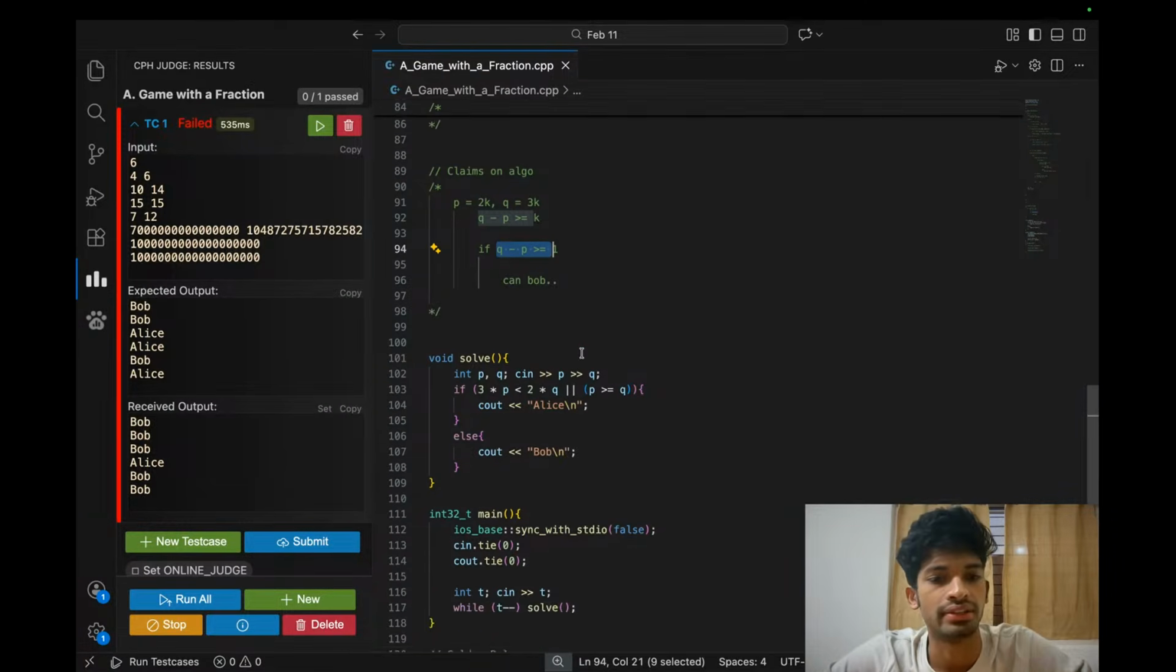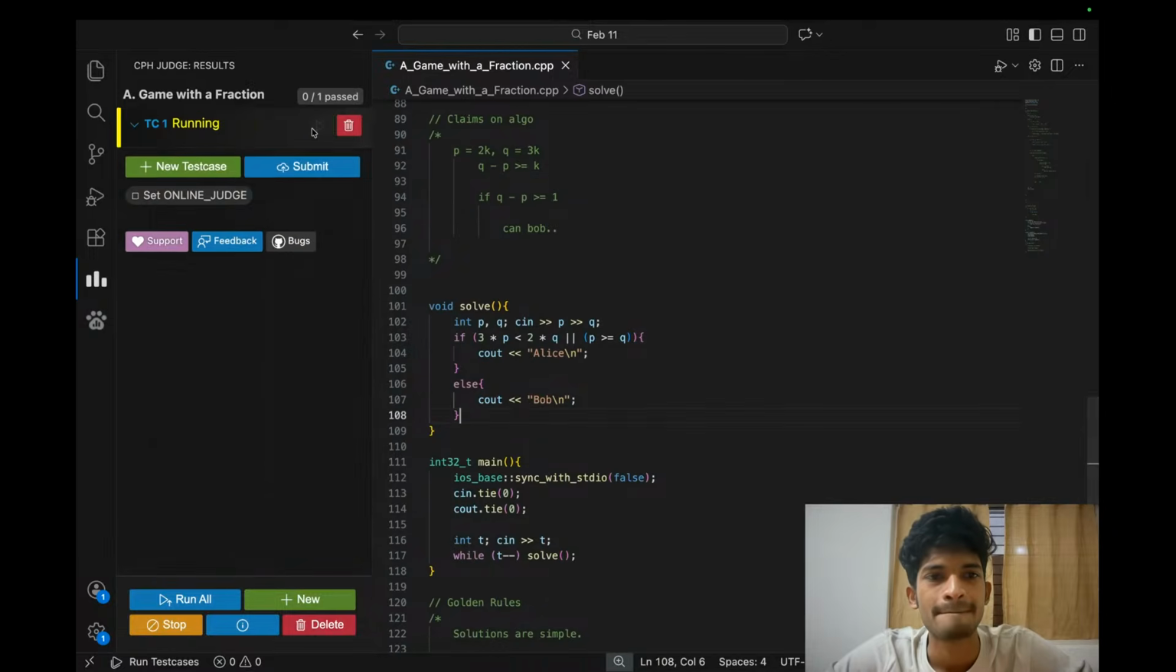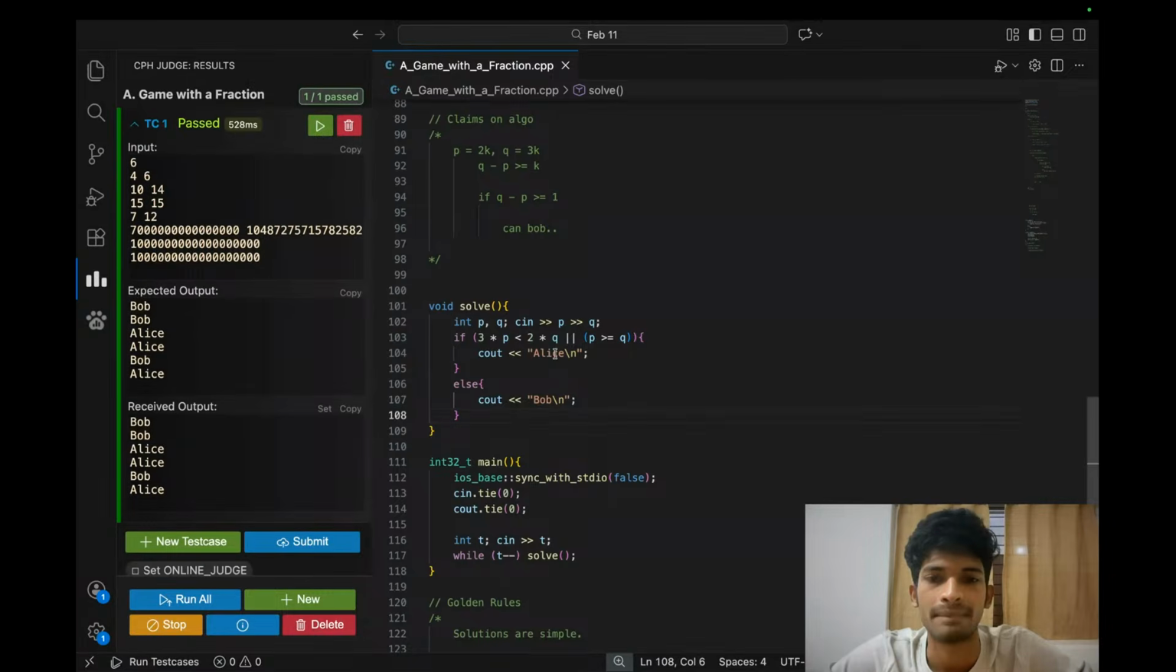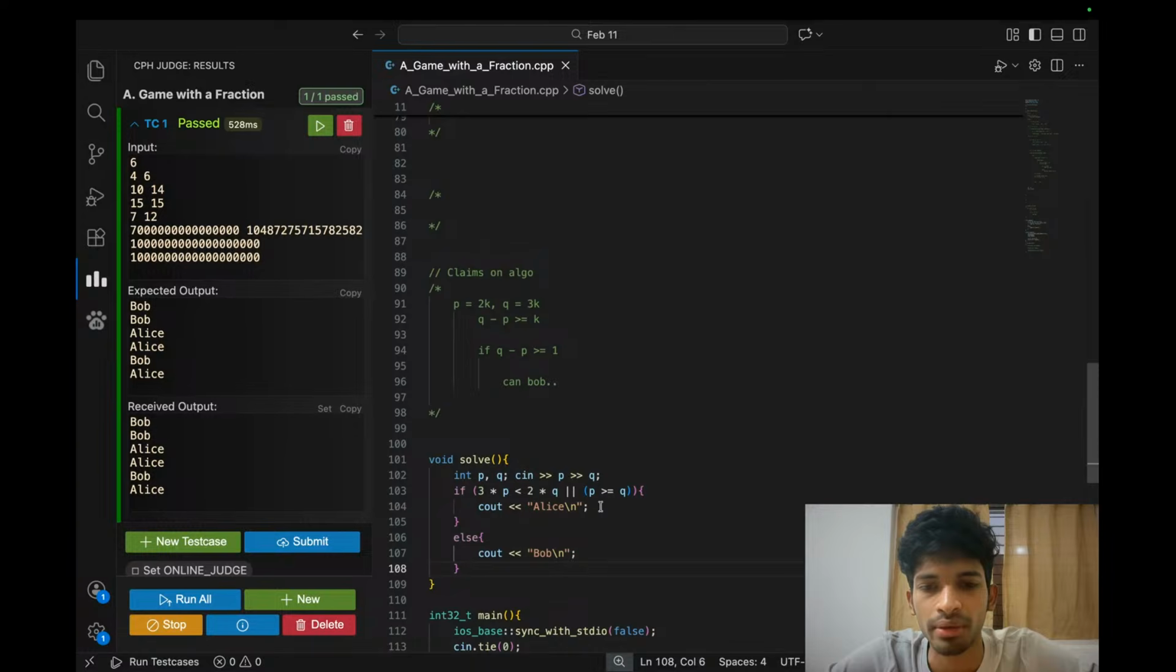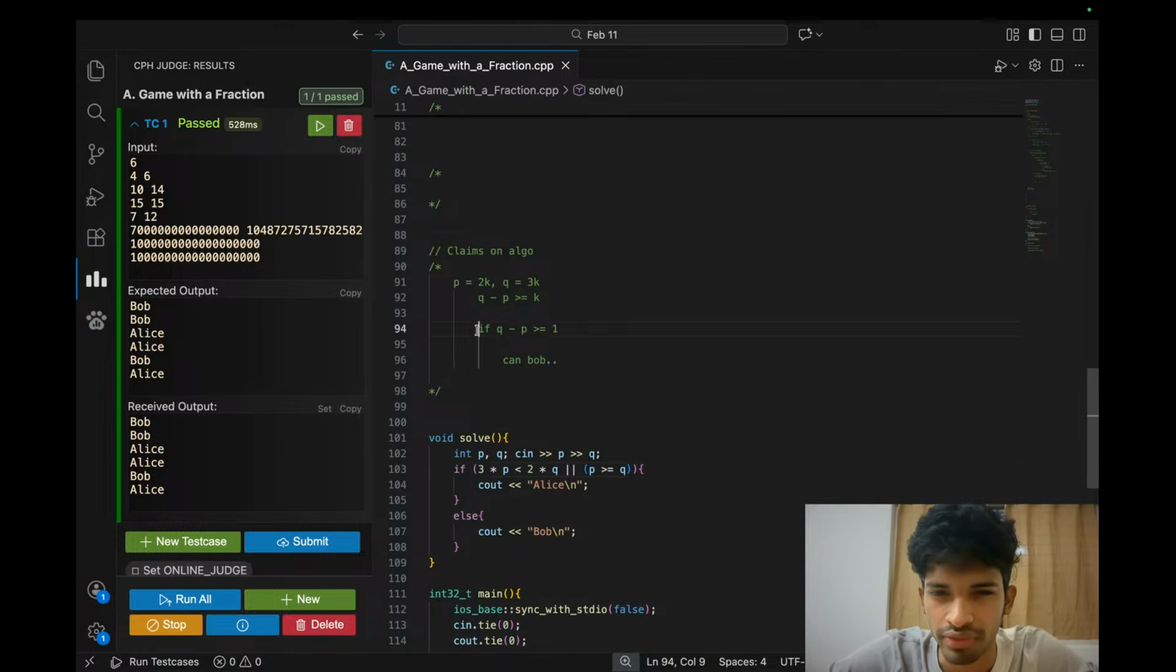Not able to get anything. But I cannot submit this. How can I prove it if it is true? In all other cases, can Bob win? If this is greater than or equal to, let's say Bob is doing the opposite one. Okay? And there reaches a point where